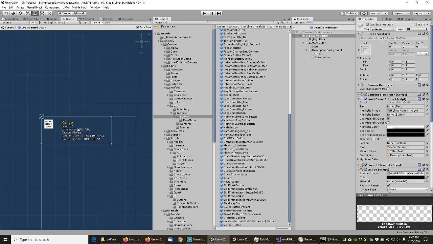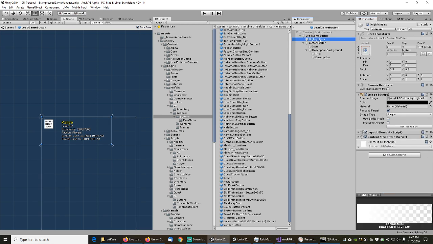Let's open up that prefab. Yeah, okay. This is it right here. So let's see what we have to do here. The highlight line is enabled by default, and